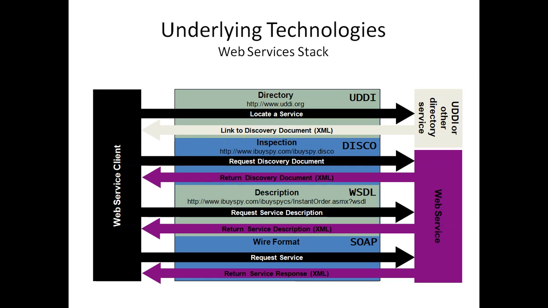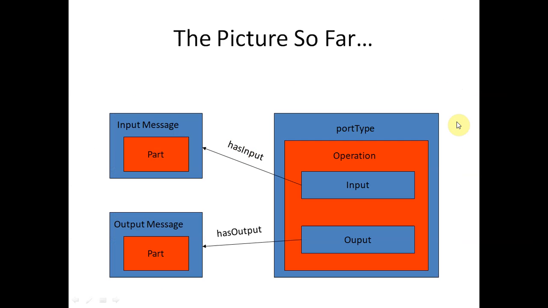See this diagram again. When we are requesting, this is the WSDL request, this is called the WSDL service description, this is the request, and this is the WSDL response. So this arrow represents the request and this arrow represents the response. Accordingly we have mentioned the response, input message as well as output message. One is for request and another is for response.